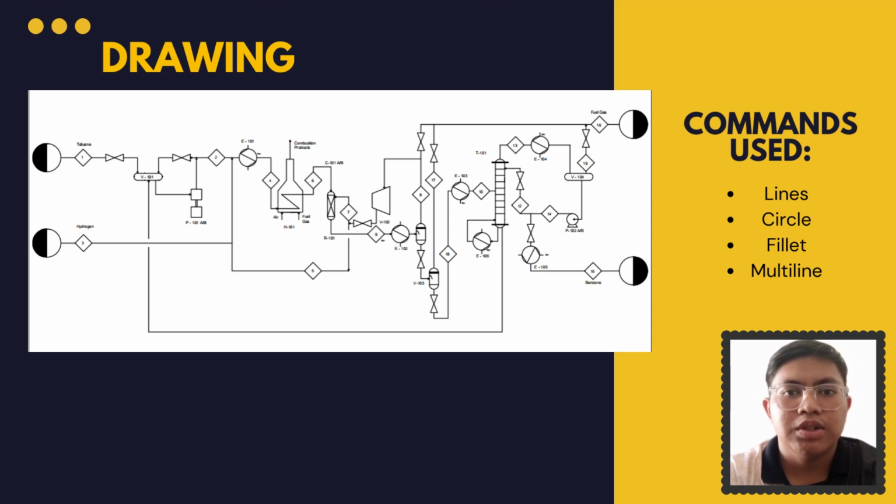Assalamualaikum. My name is Muhammad Hussein bin Kamur Zaman, and I'm going to present about the drawing and the commands as well as the function of each component in the process flow diagram. The application used for drawing in this process flow diagram is AutoCAD, and the commands used for drawing the diagram are the lines that are used to draw the box, connecting the components, and a bit on heat exchangers and distillation column. The circle is for drawing the pumps and heat exchangers, the fillet for creating rounded edges between the adjacent lines for vessels, and the multiline for the phase separators.